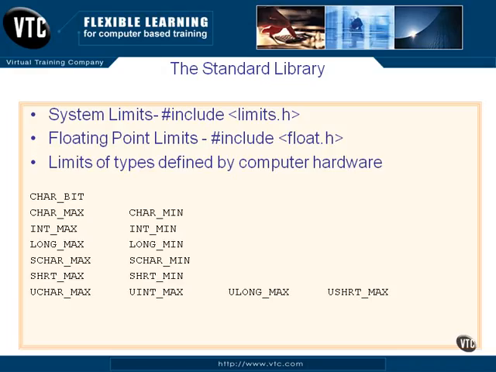And here's our last little piece of the standard library. This is limits.h and float.h. These macros for the preprocessor are actually just there so that you can use them should you need to know, or your program needs to know what is the maximum value that a character or an integer or a long can hold, and then you can make possibly a decision in your code to use an unsigned or something like